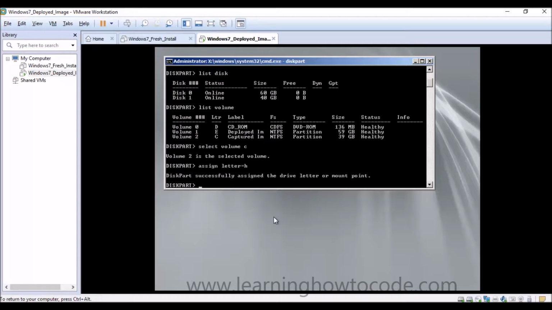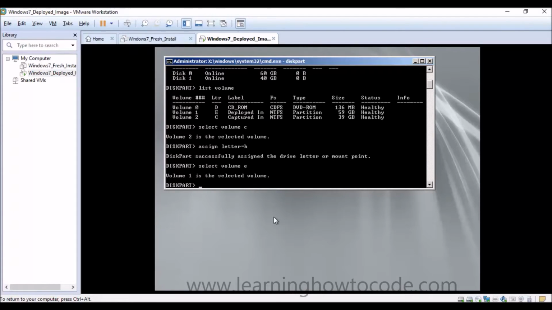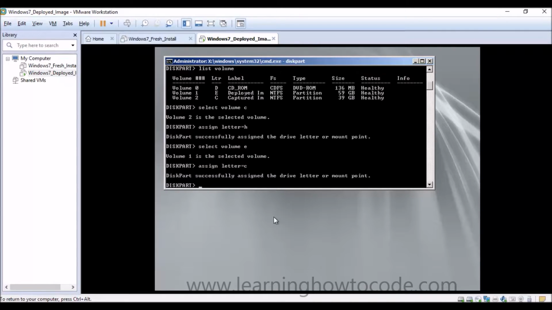And then we are going to select the deployed image. So select volume, and the deployed image is E with 59 gigabytes. So select volume E, and then we are going to assign letter C, and then we are going to exit,